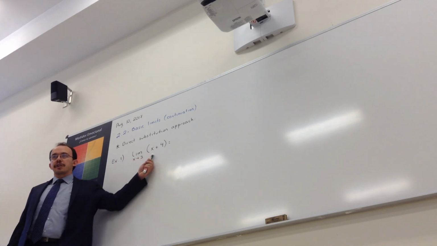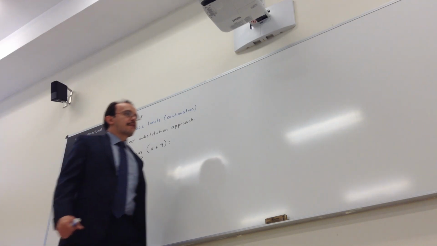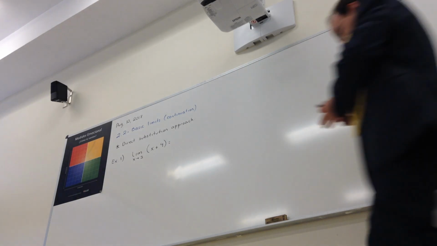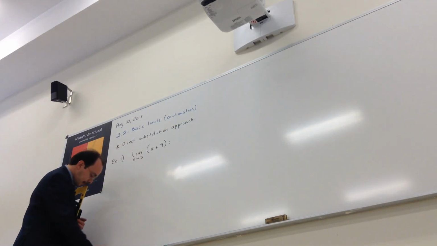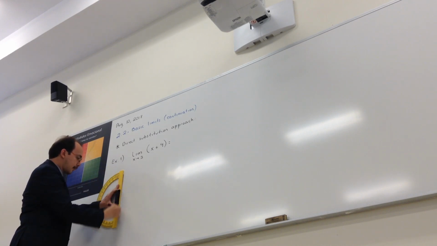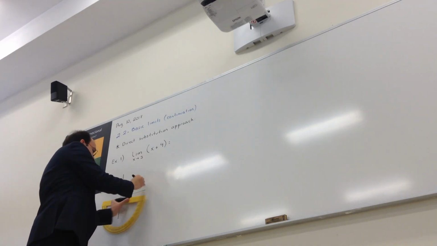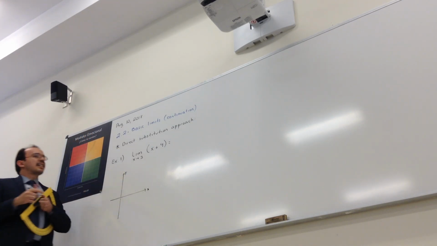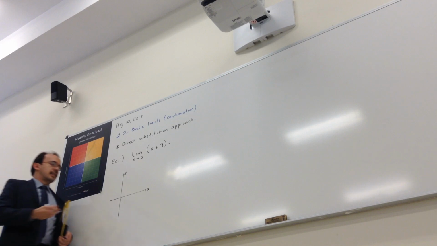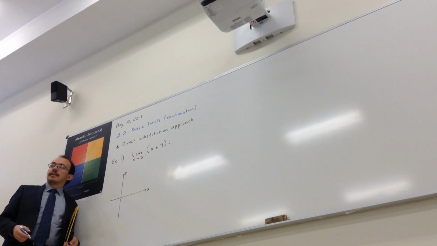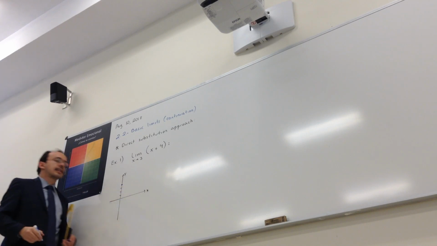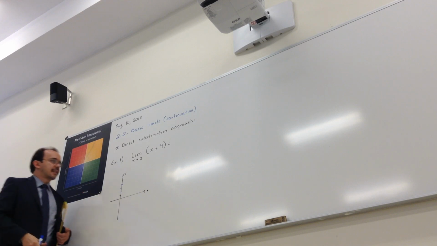You will need to graph this function. This function, x plus 4, what kind of graph will be that? Linear. It's a linear function, so it's a line. What kind of line? How can I graph that? It starts at 4. 1, 2, 3, 4. And from there? Yeah, because the slope is 1.